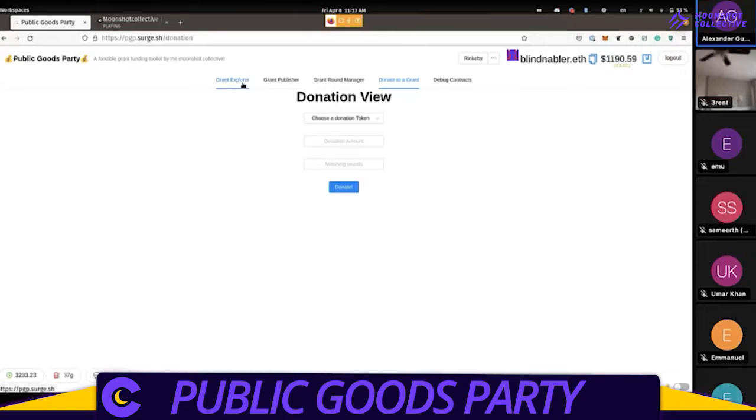So when you make a grant, you have to declare a donation token that you want to use. This is the type of token that you're going to be receiving your donation in. So if you only want to get paid in DAI or GTC or anything else, you choose this when you create your grant, and then